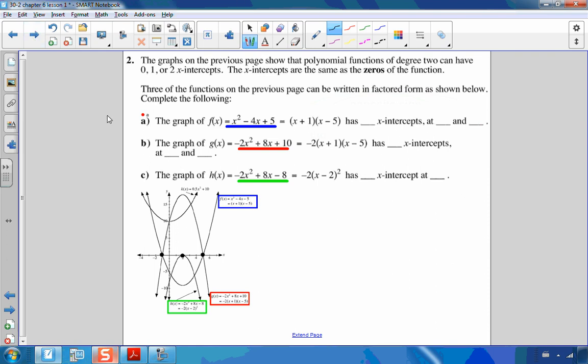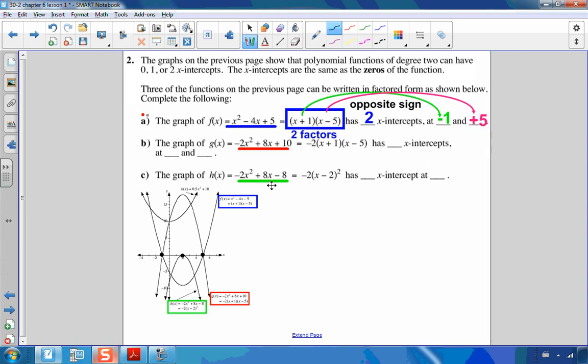These functions are written in factored form. Let's look at this blue graph here, written in factored form as (x + 1)(x - 5). You can see that graph has 2 x-intercepts: 2 factors, 2 x-intercepts. The x-intercepts are here at -1 and here at +5. So -1 is the opposite of x + 1, and